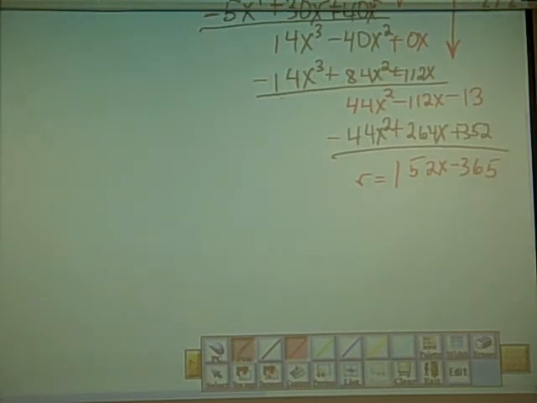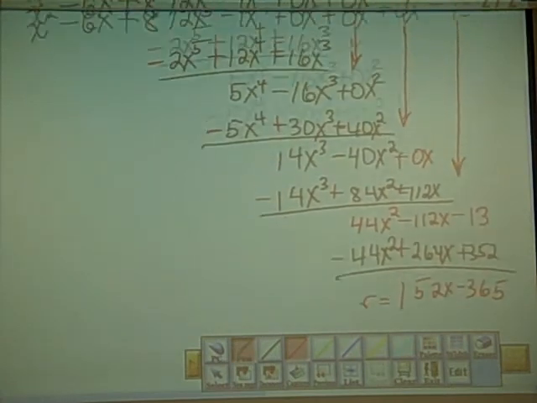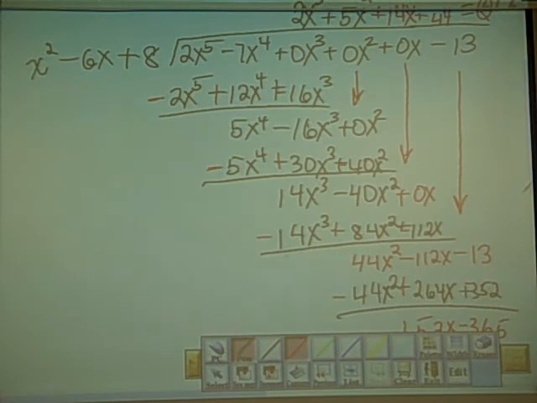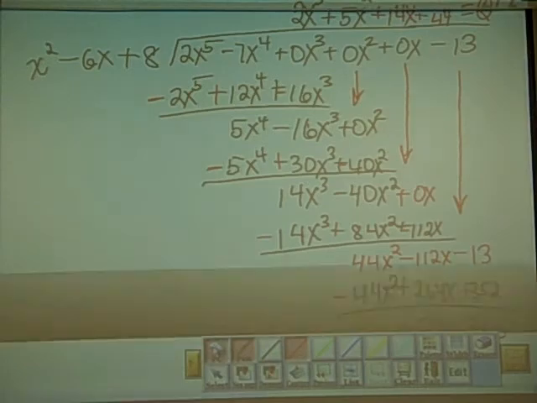Okay, well, fortunately, we don't always have to do this long division. If we're working with just two terms, a binomial, as a divisor, then we can use synthetic division. And let's take